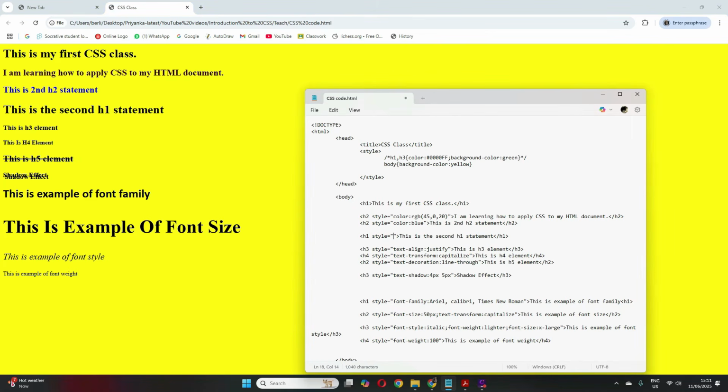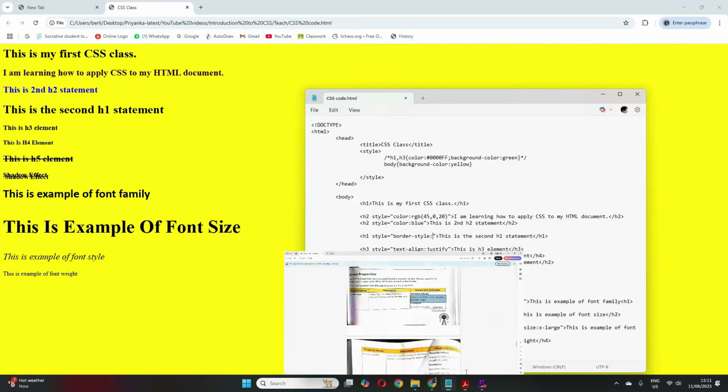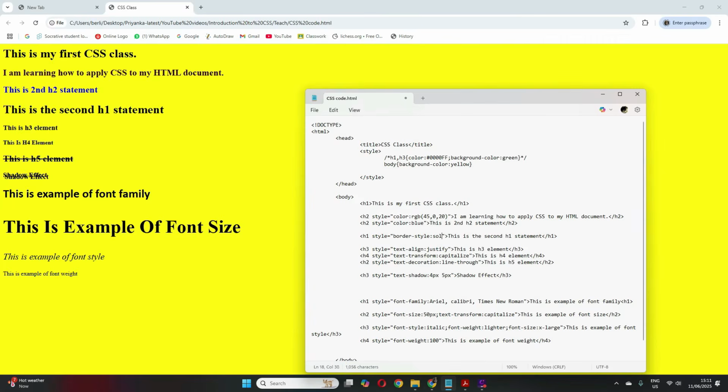In double quotes I'll put the property name, which is border style, colon, what kind of style? There are several values we saw: dotted, dashed, solid, groove. Let's put one. I'll put solid. Let's see how it turns out. We'll get a solid border around this. Let me save.